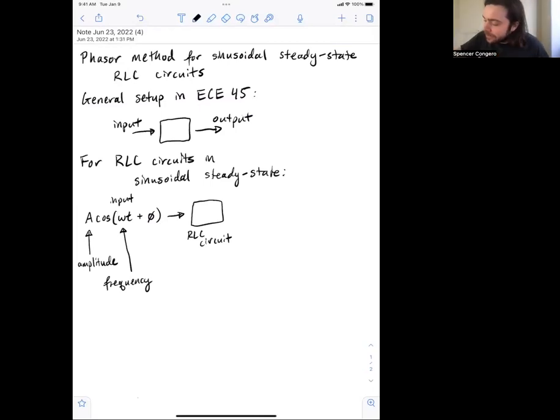And what's this last one here? That is the phase. And that just provides an offset for the sinusoid. So if I don't have a phase, if I plug in t equals 0, I'm going to get cosine of 0, which is 1, times A. So I'm going to always start at the peak of the cosine, but with that phase,